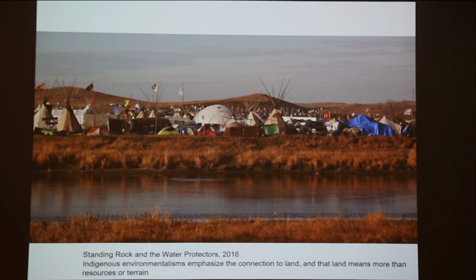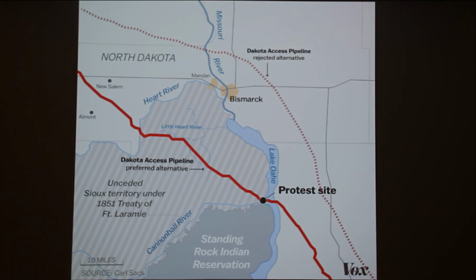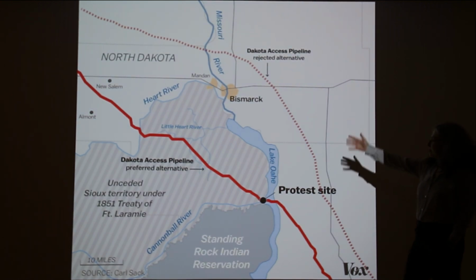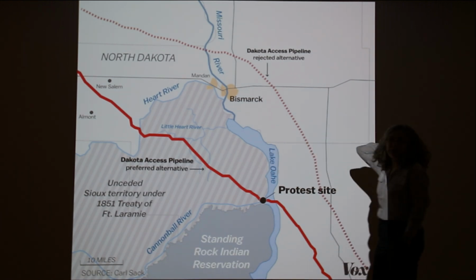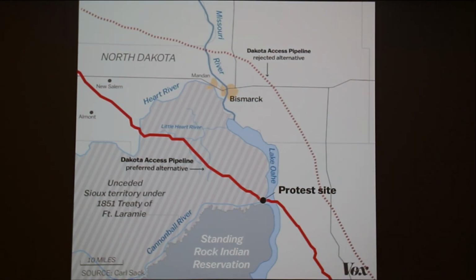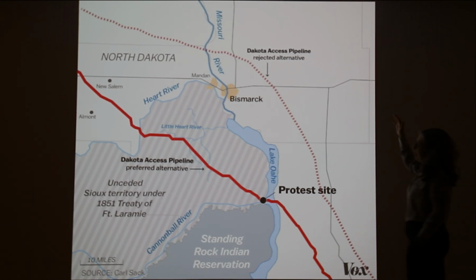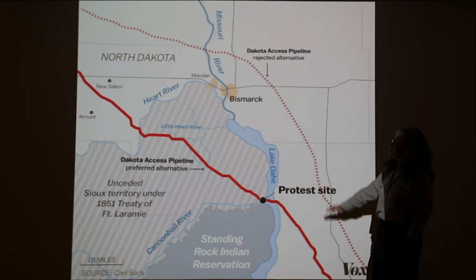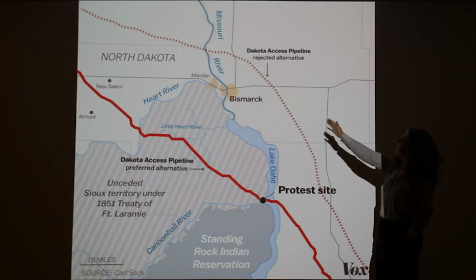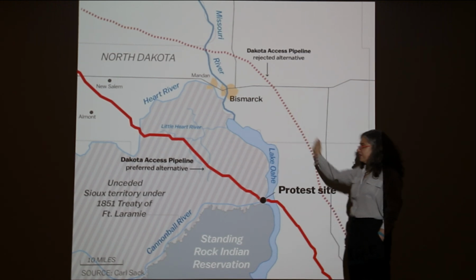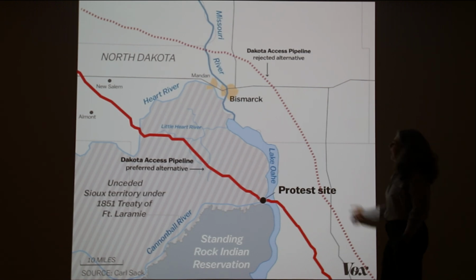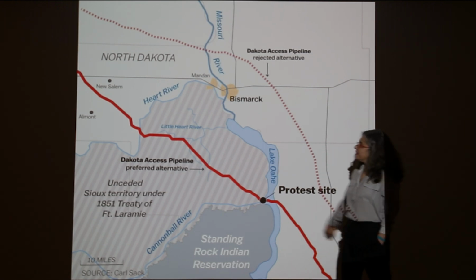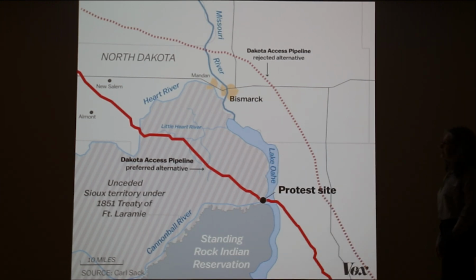So just to give you a brief summary of that event. There is this famous natural gas pipeline, the Dakota Access Pipeline, going all the way from Canada to the United States. There is an environmental impact statement developed for this pipeline and where it should go through. This is the alternative that's proposed, but this is rejected. And this is the one that's faster and easier,